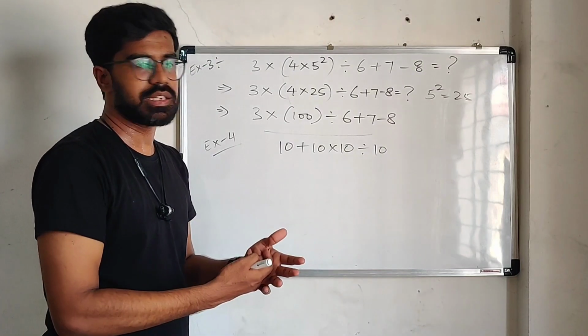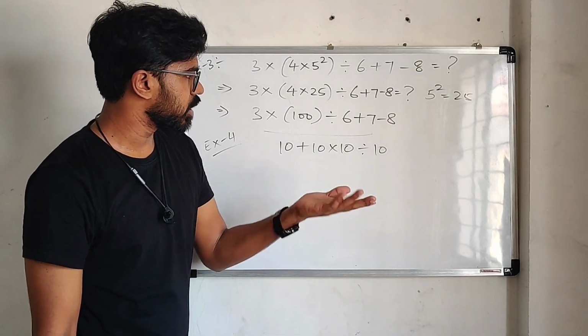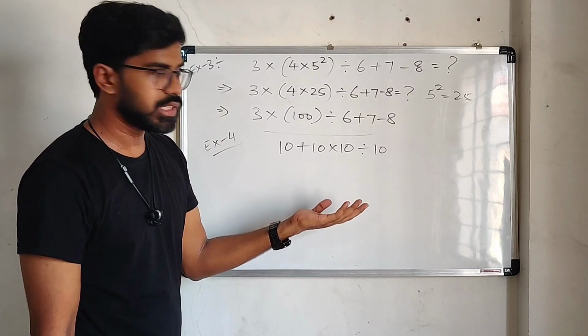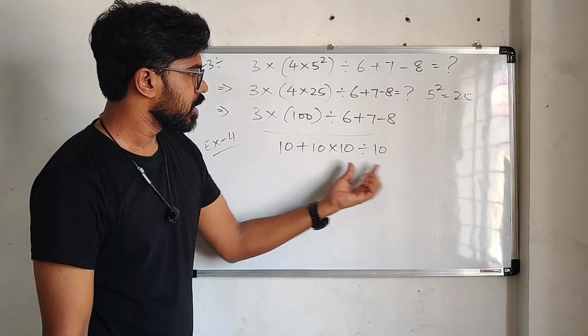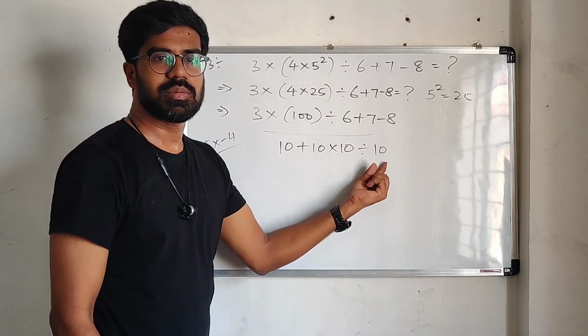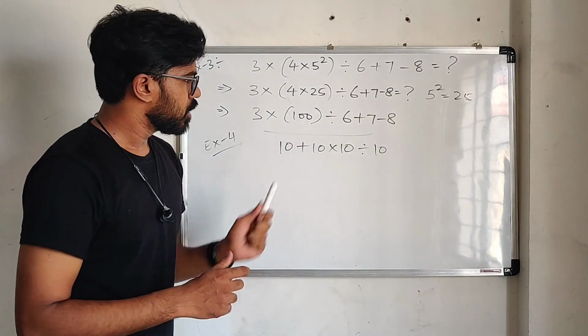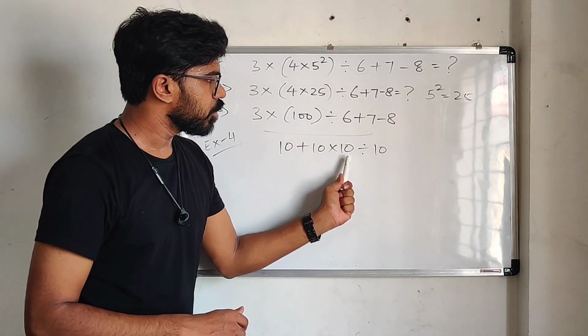What comes first? Brackets. We don't have any brackets over here. Off, we do not have off. Division, yes we have division here. So 10 into 10 divide by 10. But what we have to do first? So 10 plus 10 into 10, you can write